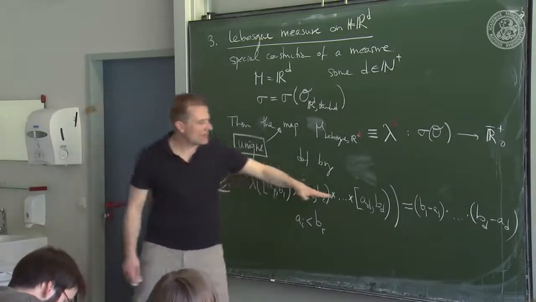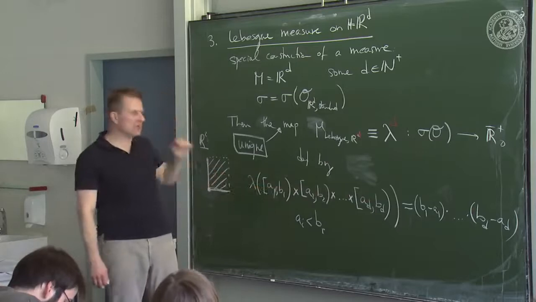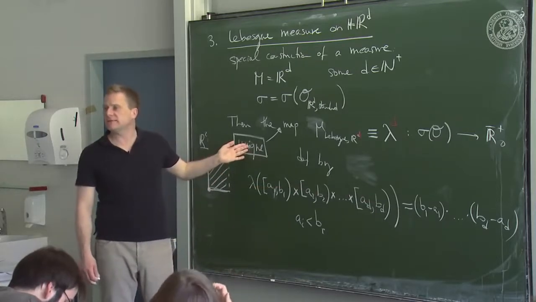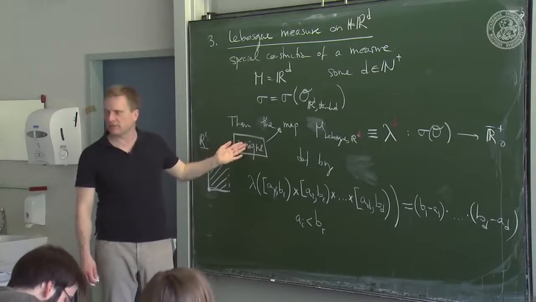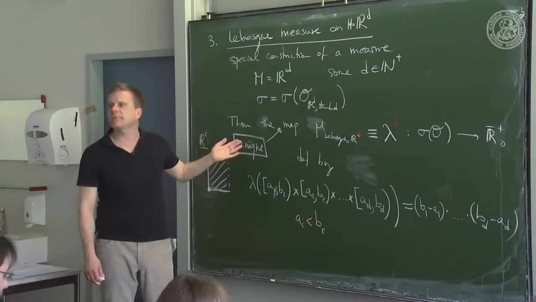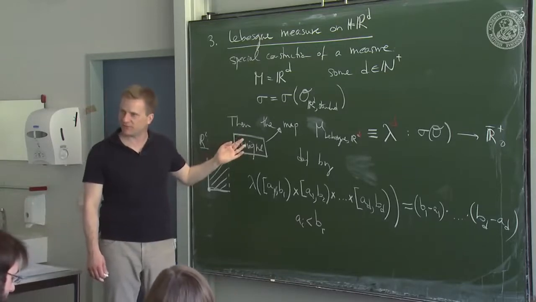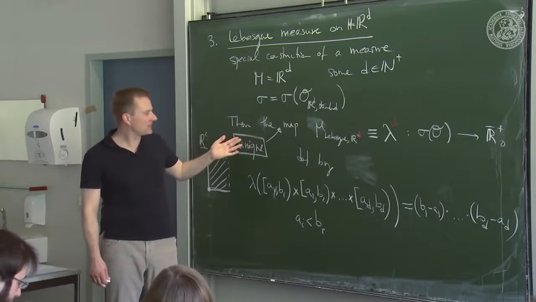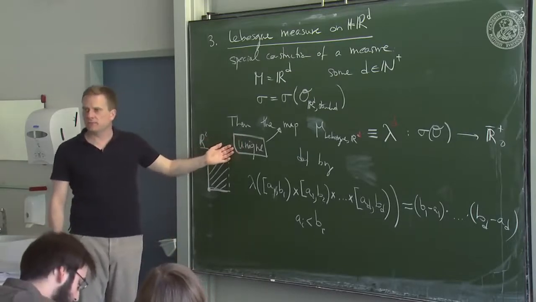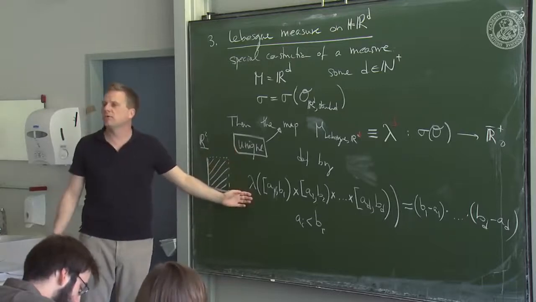But anyway, you fix it on these special sets, and there's a theorem that we're not going to prove, namely the existence and the uniqueness of this measure. This is some more work. Okay, so this is not a minor result. It won't go to the problem sheet. Also not to the exam. But the point is there is a unique such measure that does what you expect it to do.